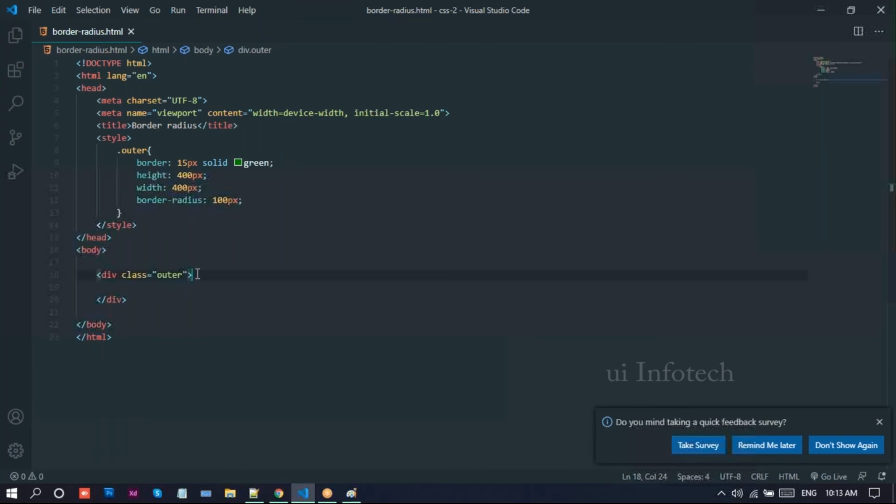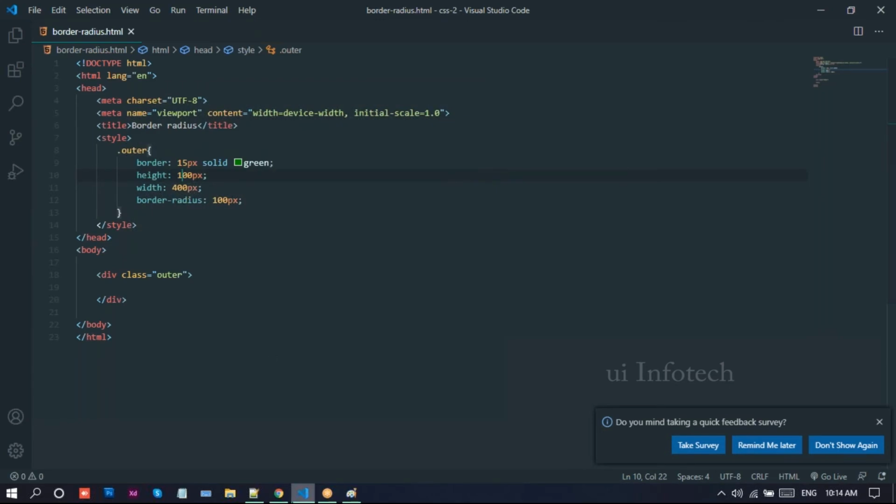Now if you write border radius 100 pixels, what will happen? It will give all the sides borders like this. Here I'll make the width 400 and the height 100.